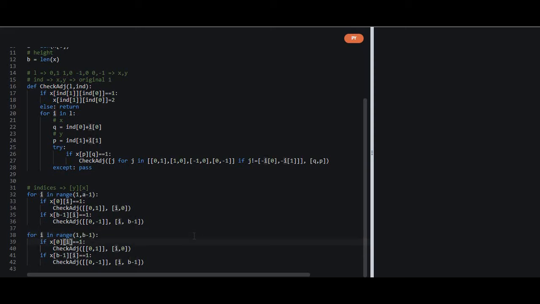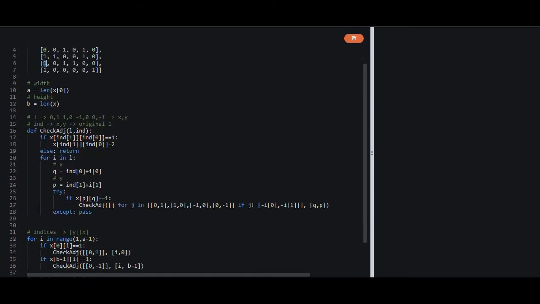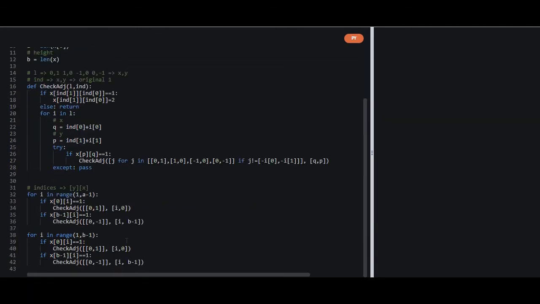So yeah, now we will go through the columns. Now we are checking from the first till the second last. Sorry, from the second to the second last. I have already told that it shouldn't be the case that we are checking the corners, because corners are useless in this problem.